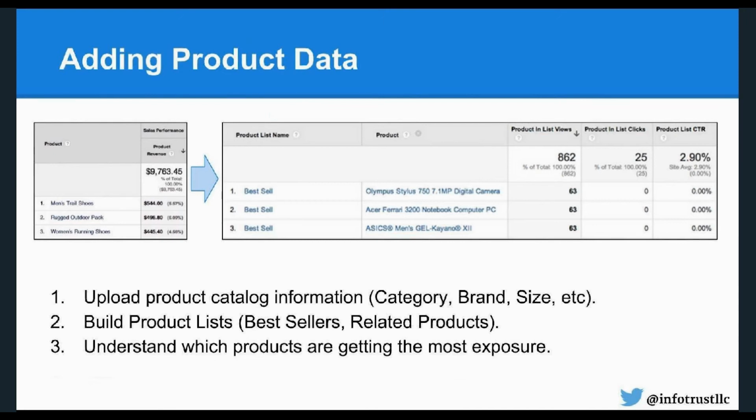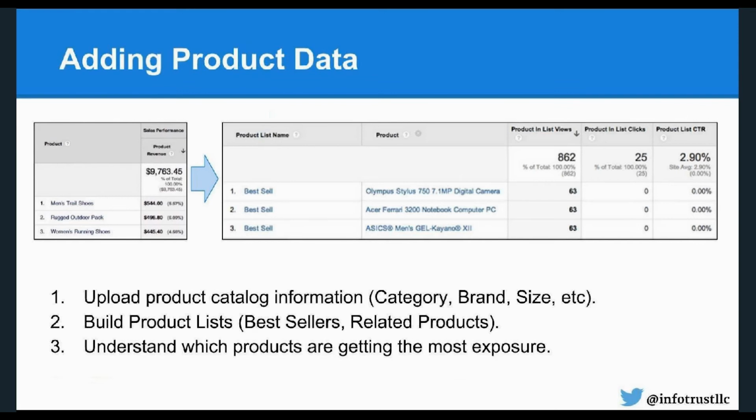So instead of just taking the product name, you may want to upload something about the category, the brand, the size, the color, when it was ordered, who manufactured it. That type of depth can now be brought in. Then, of course, you get those individual product lists that we just discussed, such as the best sellers and the more related products. Those all go in, are integrated seamlessly with your existing e-commerce data. So now everything really starts to make sense for your business, and presenting and understanding that information becomes exponentially easier for the customers that we work with.